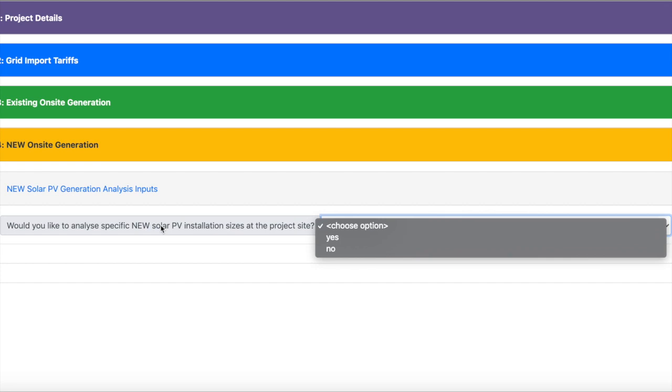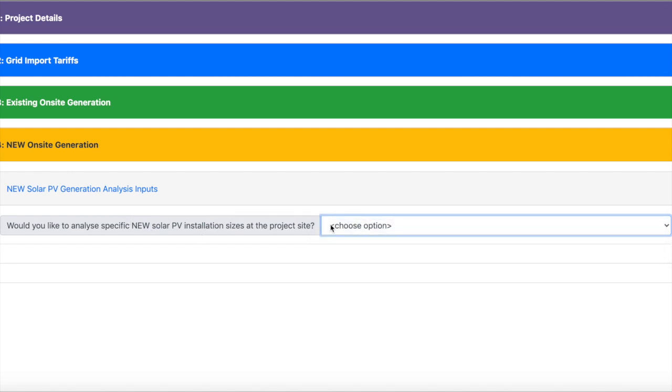If you don't want to, and you would like GridMAP to create a range of solar PV sizes to analyze, then you can do that later within section 5, which is about the GridMAP optimization elements. However, in this section, if we want to specify specific PV sizes for the system to analyze, we're going to